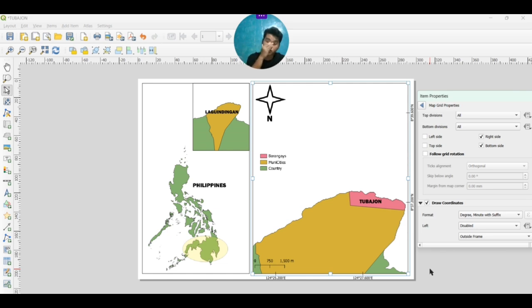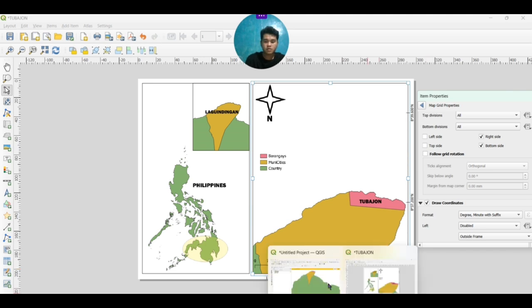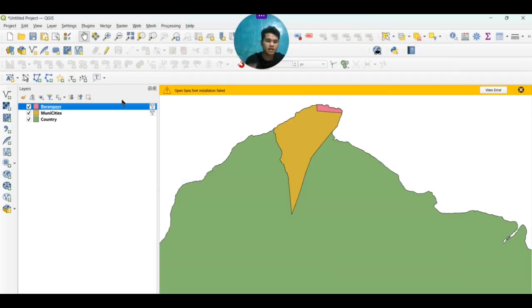And I wanted to add some more. So next we will be going to the main map. So click the main map. And for the addition, I wanted to have a satellite image of the area where we conduct our thesis study. So we add satellite on it.